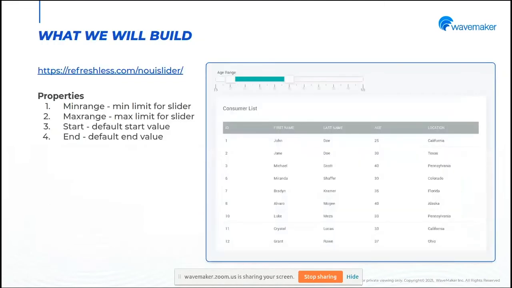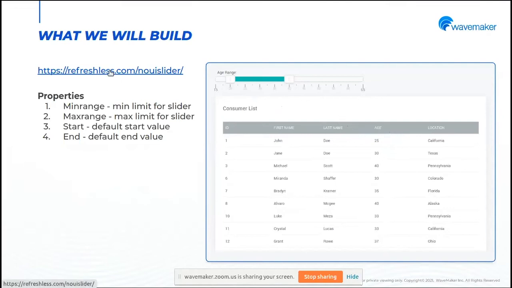So now we have seen a lot of theory here, but let's actually build a prefab use case now and see how it makes life easier. So what we are trying to build here is, I have a consumer list table, which lists out all my consumers, and I have their age. Now what I want to do is, I want to have a range slider, and I want to show the consumers which lie within a particular range. So say the slider currently shows 20 to 40. So I want to see only the consumers which lie in this range. So let's try to build out this use case.